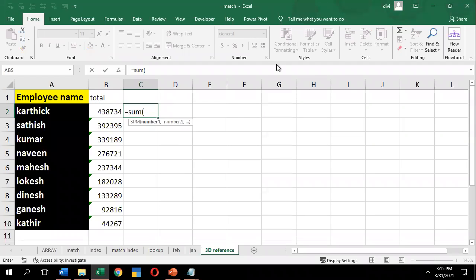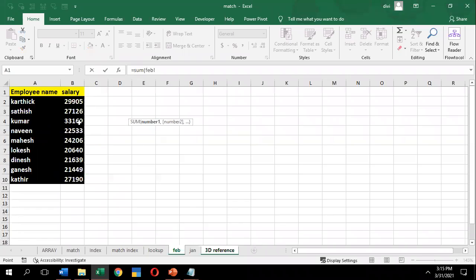Open the parenthesis. You can go to the particular sheet and select the range, then a comma. You can see here, once I have selected the range in that particular sheet, I get the Feb sheet. Even though you're in the 3D reference sheet, without using the equals sign you can't come to the Feb sheet.